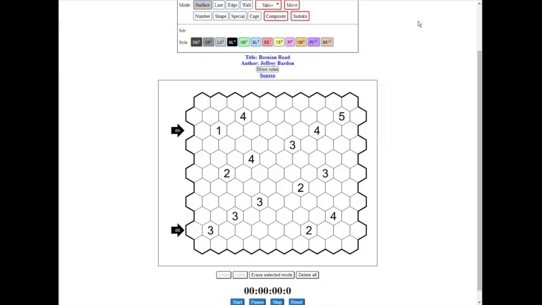So this one was also worth 15 points, and you'll notice that the corner touching, just like with Corrado, is no longer even a thing. So how in the world do you do Bosnian Road on a hexagonal grid when you can't do that? Interesting. Whatever. So first thing you can do is the same kind of thing with this 1,